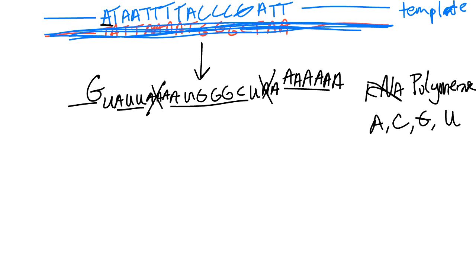That is called processing. The tail being added, the cap, and the introns being spliced out. That's mRNA processing, and you could say that that's how the mRNA is mature, so that it can now leave the nucleus and travel out to the ribosome where translation will occur. I just want to show you a couple things real quick.